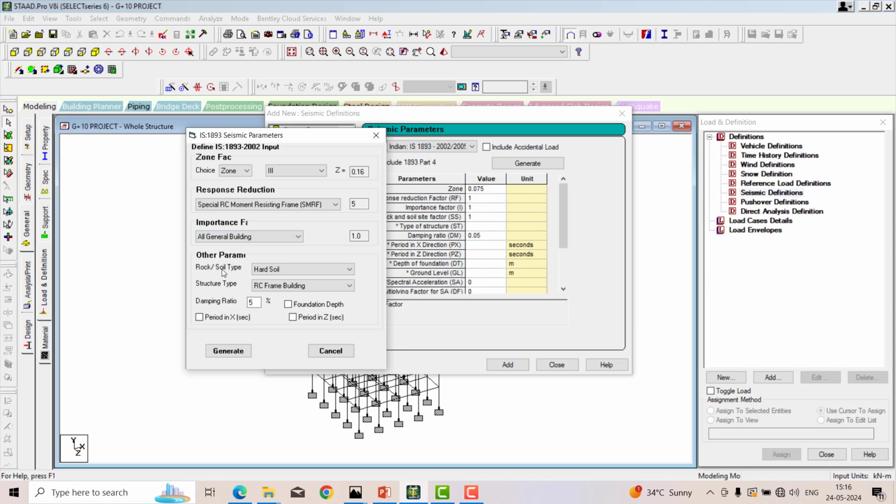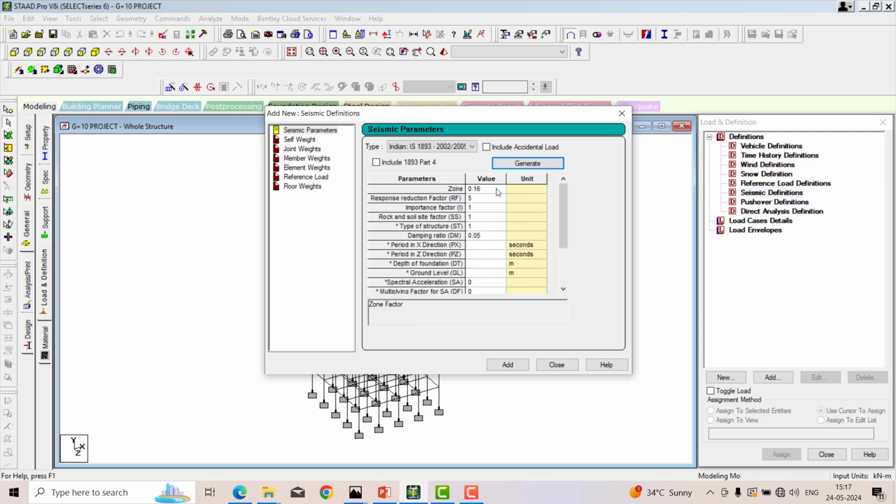And then rock or soil type, you can choose according to the site. Structure type is RCC frame building. If it is steel, then click over the steel building. Damping ratio is 5% for the RCC building, and then click over generate. Once you hit generate, the values change here.